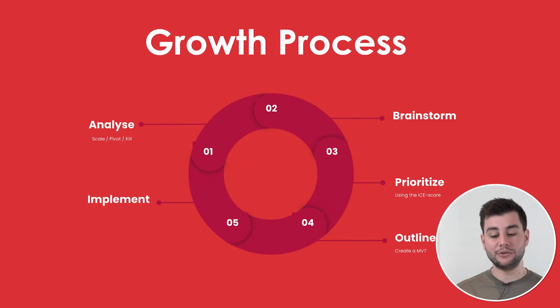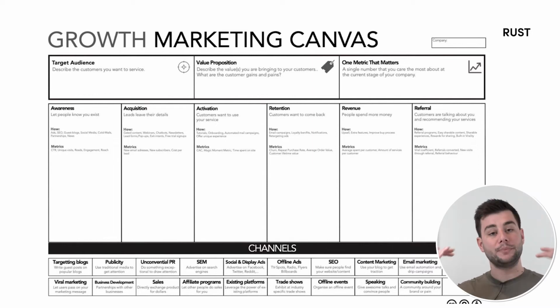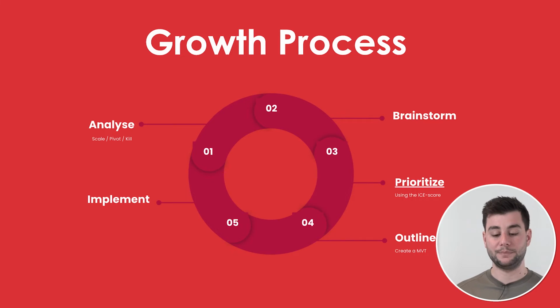What we usually do is first start with a brainstorm, because you need some ideas initially to see what could actually work for your company. We have a few canvases that could help you to brainstorm these experiments. They will also be in the attachments underneath the course, so feel free to download this canvas, print it out, and use it to brainstorm along the phases of the funnel.